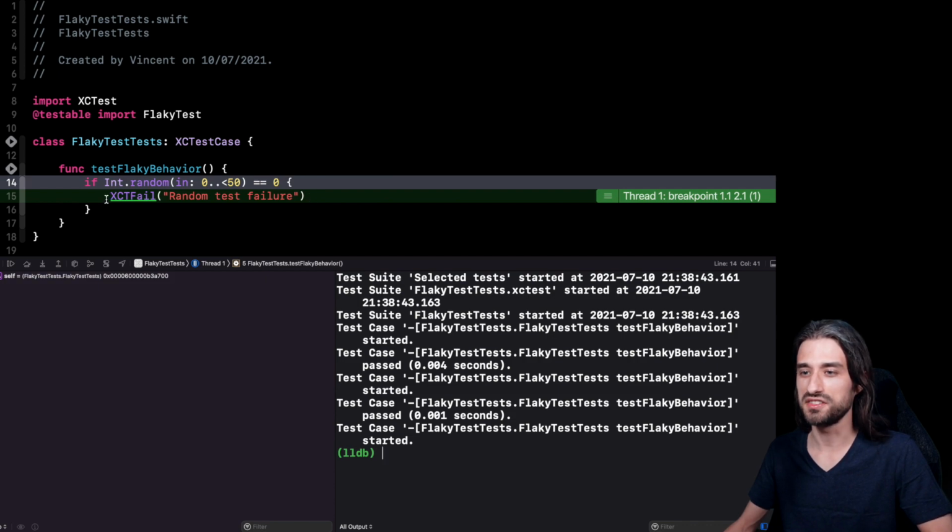So of course, since here it's kind of a mock, well, it's very easy to understand what is happening. But if it were a test that is testing either a much more complex behavior or a much more complex graph of objects, well, having this breakpoint where the test has failed and being able to debug, to understand what is the call stack, what has been happening up to this point, well, it would definitely be a great help in fixing the root cause for this flaky test. So that's all for this video.